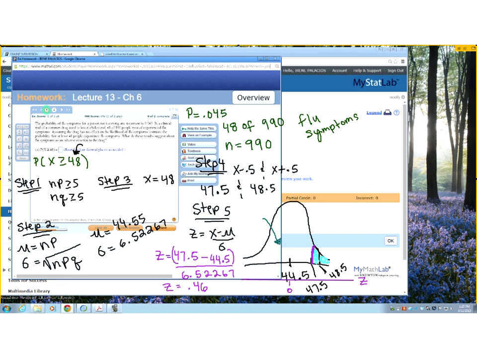So when you look up 0.46 in table A2, you're going to get an area. And that area is the area to the left. So when you're looking at 0.46,